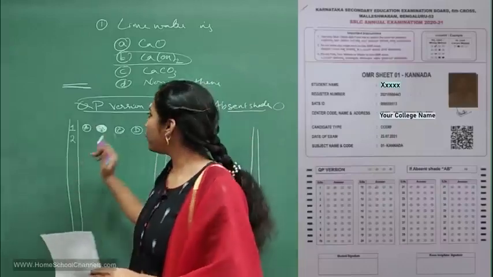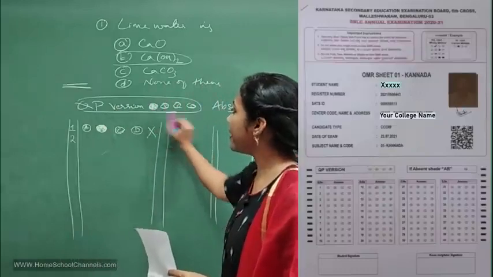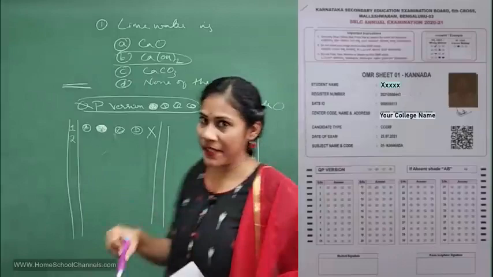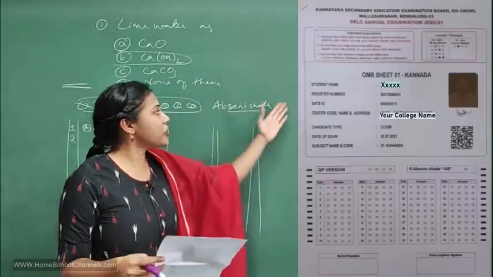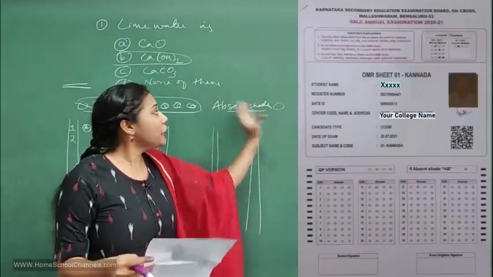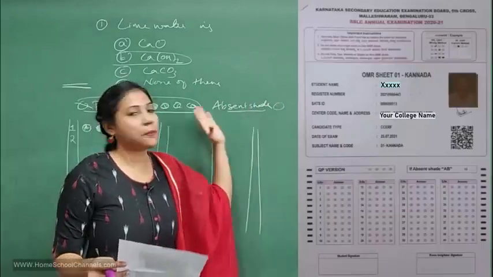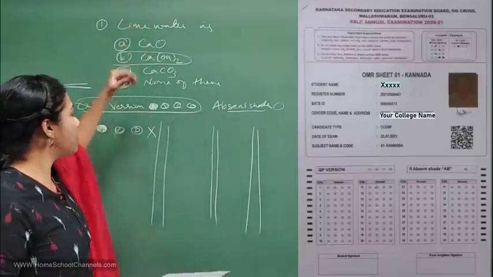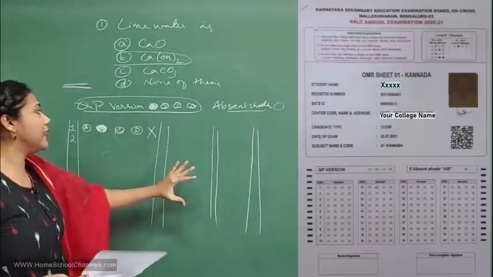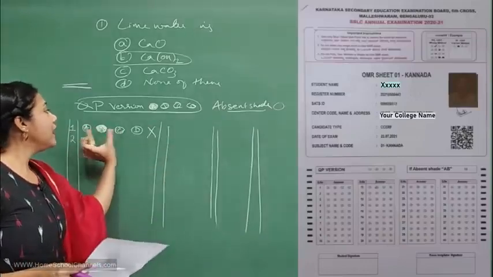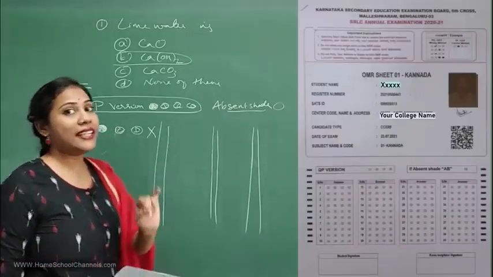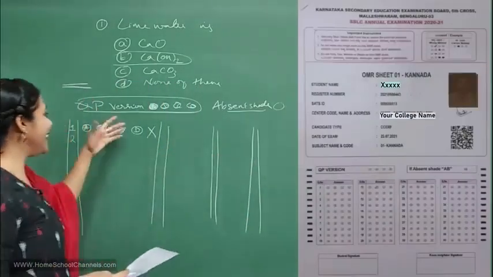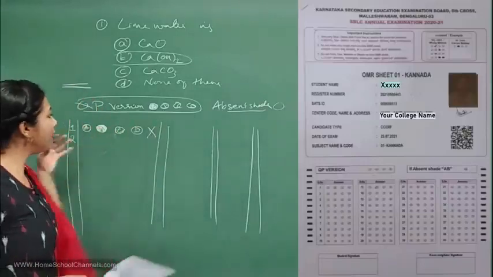Right? So first thing you have to do is shade the question paper version circle, whichever set you got. In case you are absent for the exam, then the invigilator will shade the absent circle. If you are present, you're not supposed to touch this particular column. After that, carefully read the question, select the option, and one by one go on circling, and never ever shade 2 circles together. If you shade that, your marks will get cut. And don't leave anything empty. Don't leave any question empty.